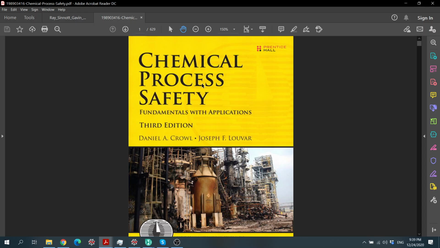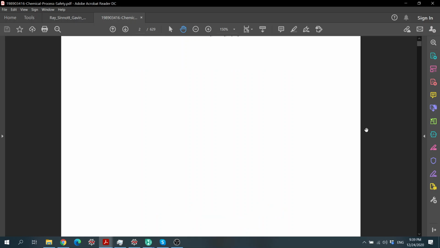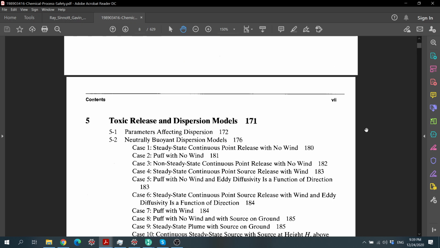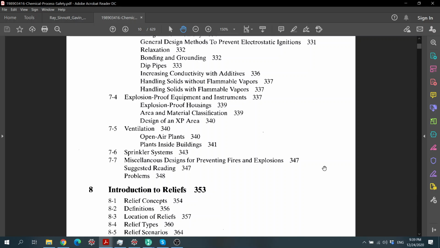So we use this book, Chemical Process Safety. This book is more like a short compilation of the standards, booklets, and all the information from the Center for Chemical Process Safety (CCPS) of the United States. In chapter 8,